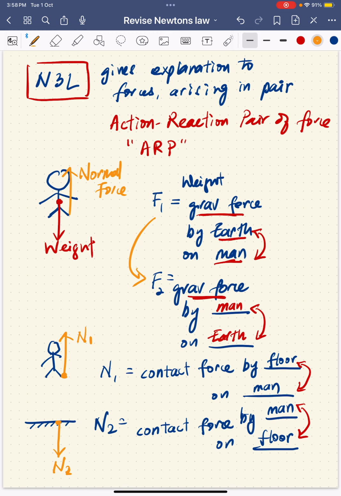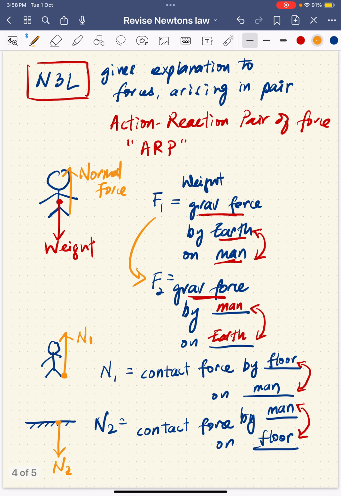Now if I were to continue this example, we summarize a little bit on Newton's third law. We can see that there are three things that we need to look out for. In the action-reaction pair, the two forces are always,